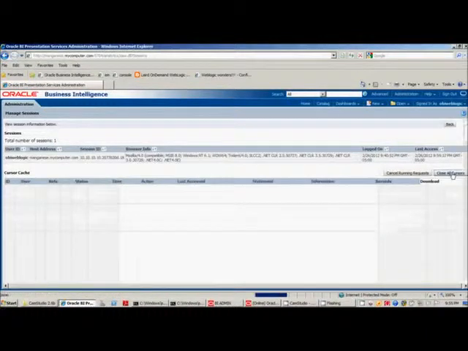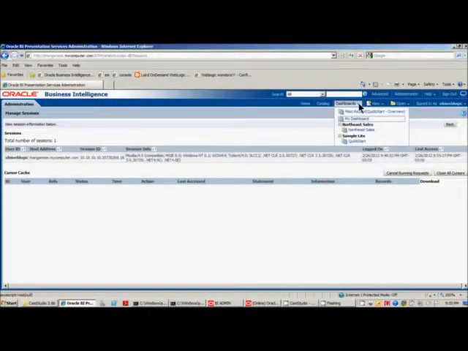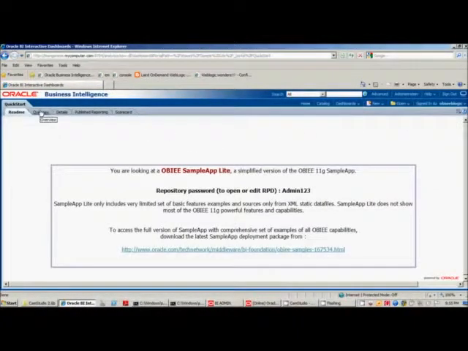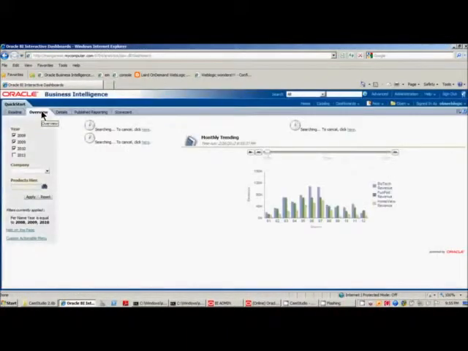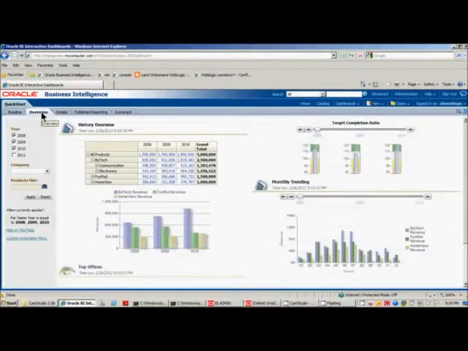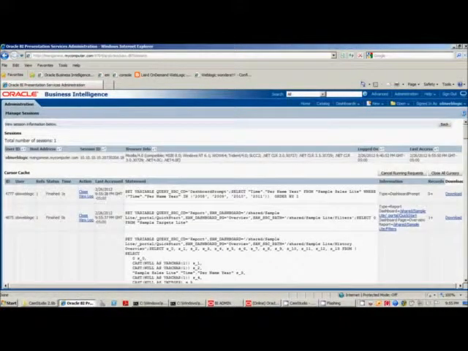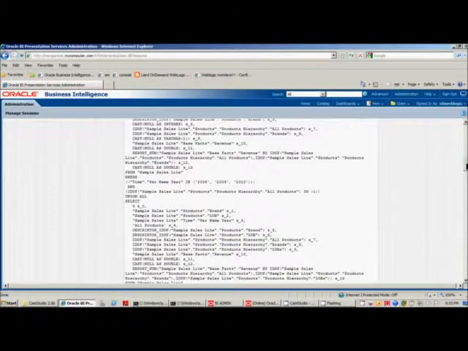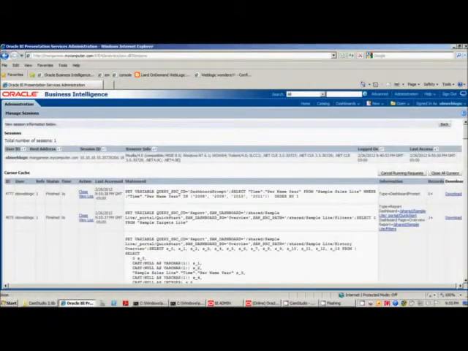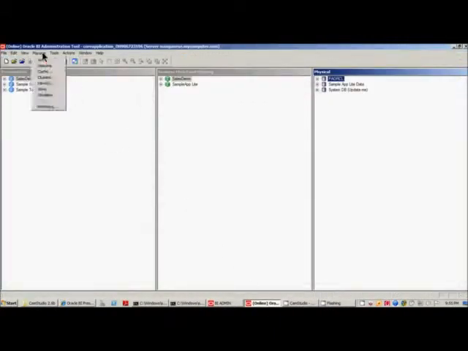So let's close all these cursors and try to run from the beginning. So I'm going to Dashboards, Sample Lite, Quick Start, and I'm going to the Overview tab. Okay, looks like all the reports have finished running. Let's go back. The sessions should basically look very similar to how they were, but this time when we go to the administration tool,